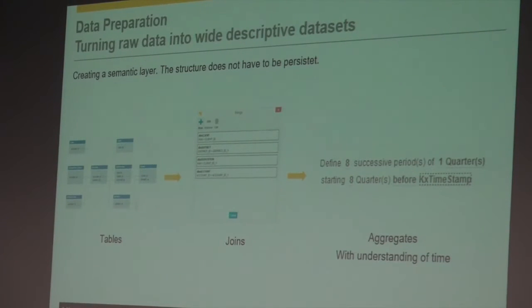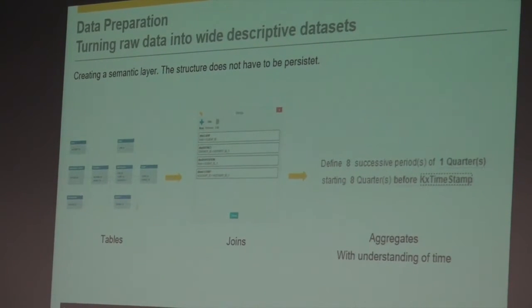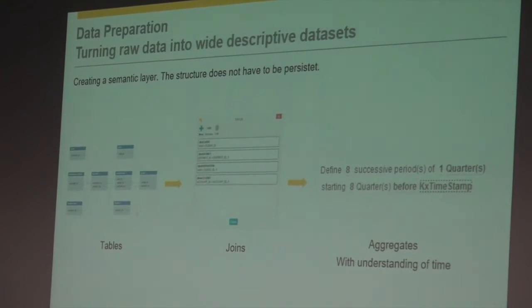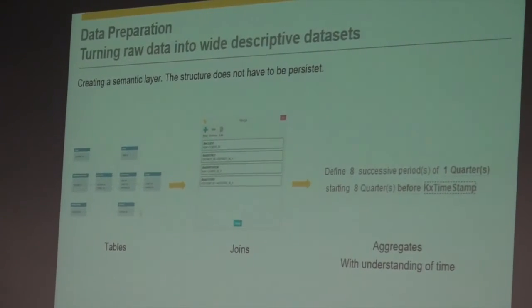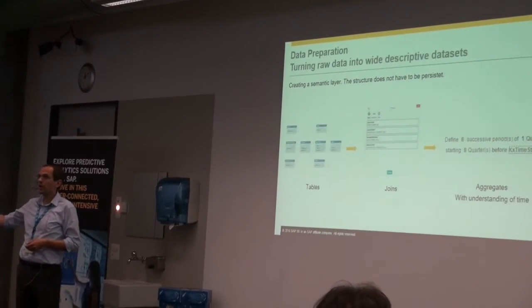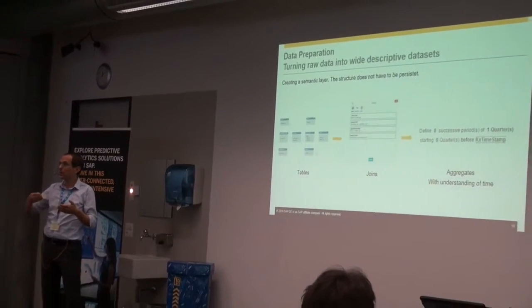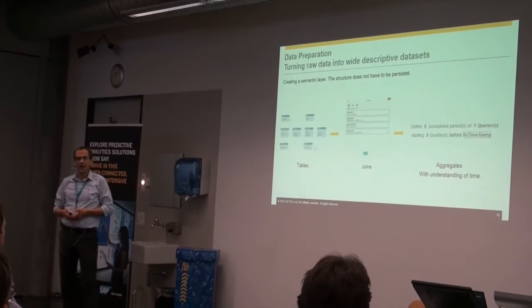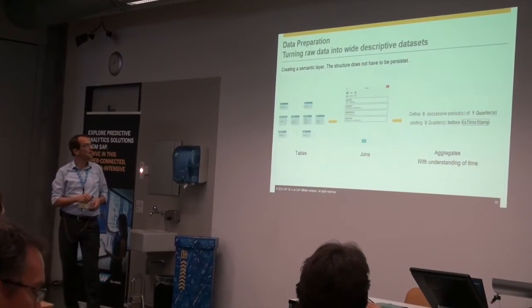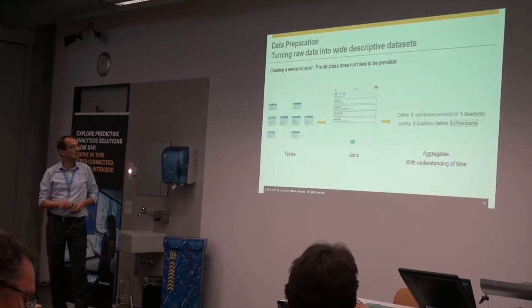In that CRISP process, there's one step, of course, where you need to create new variables. Very often the data is very transactional. We're thinking about customers, thinking about transactions that people might have done at a bank. But to identify a customer likely to buy a new product, you need to describe the customer in one long row of data. And here we have a graphical interface that you can use, where you just link tables, and